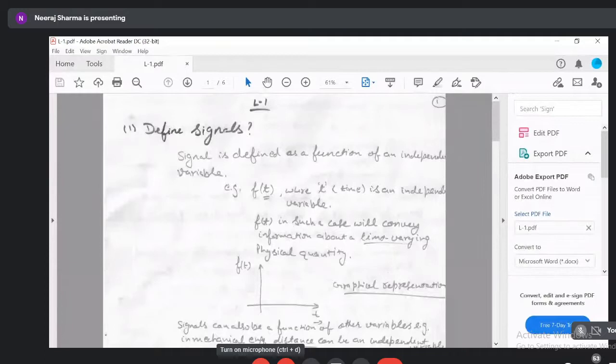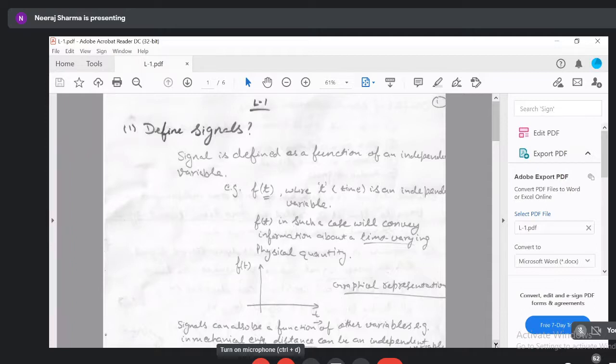As told earlier, in electrical and electronics engineering, we generally specify time as an independent variable. For example, if you are measuring voltage, then V is defined as a function of t. You can plot the graph of V(t) versus t according to the given description. For example, if you have V(t) equal to V sine omega t, then there will be a sinusoidal behavior of the voltage with respect to time.